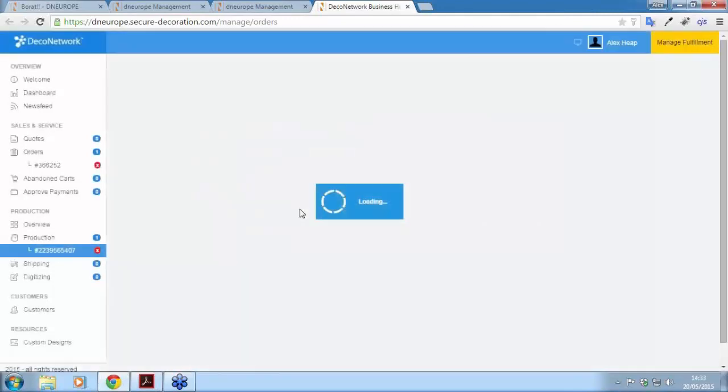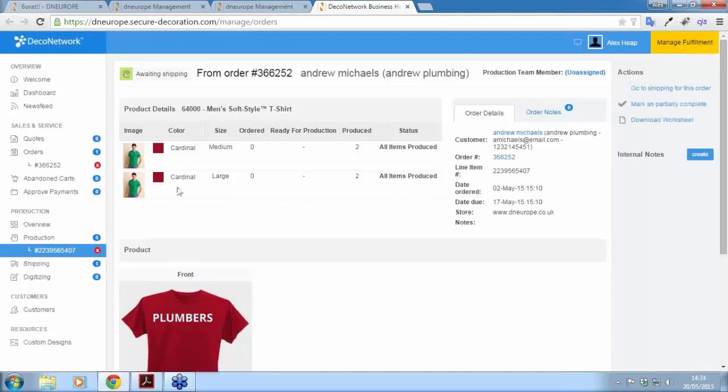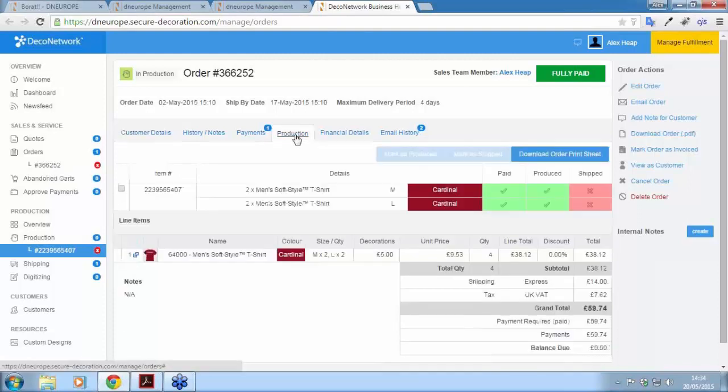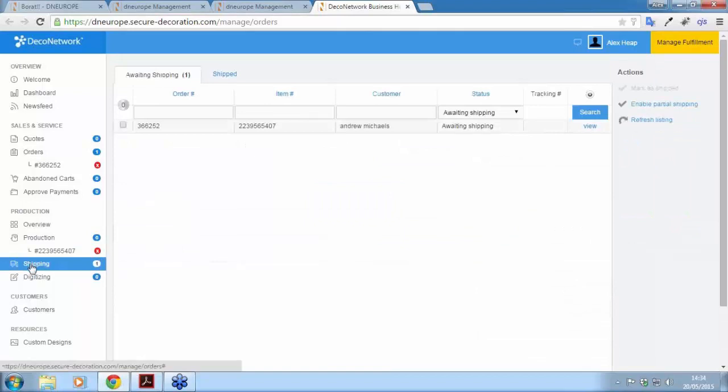So the system's just going to update the order. And now if I come back and view my order, and again I click on this production link here, I can see the system's marked it as produced, and all that's left to do now is to ship it. You can see it's gone from production into my shipping. You can see the number 1 here. And if I click on shipping, I can tick this box and mark as shipped, or I can click view